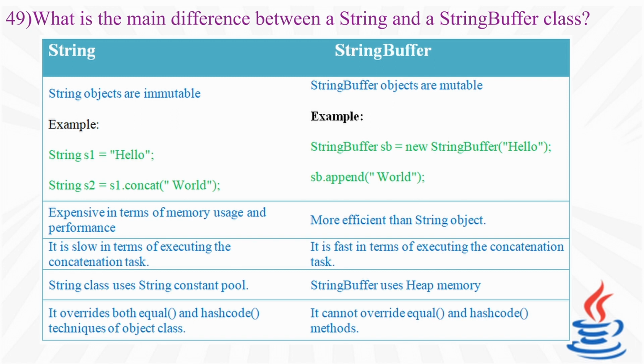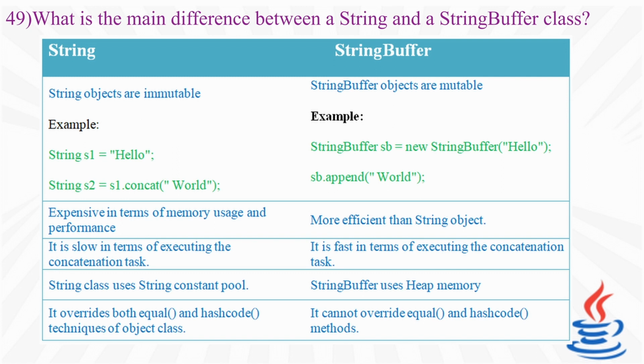For example, consider the following code. In this code, s1 is the string hello and s2 is a new String object that results from concatenating s1 with the string world. Here, the original String object hello remains unchanged. On the other hand, a StringBuffer object is mutable, which means that its value can be modified after it is created. This can be done using a variety of methods provided by the StringBuffer class, like append, insert, delete, and replace, etc. For example, StringBuffer sb equal to new StringBuffer hello,